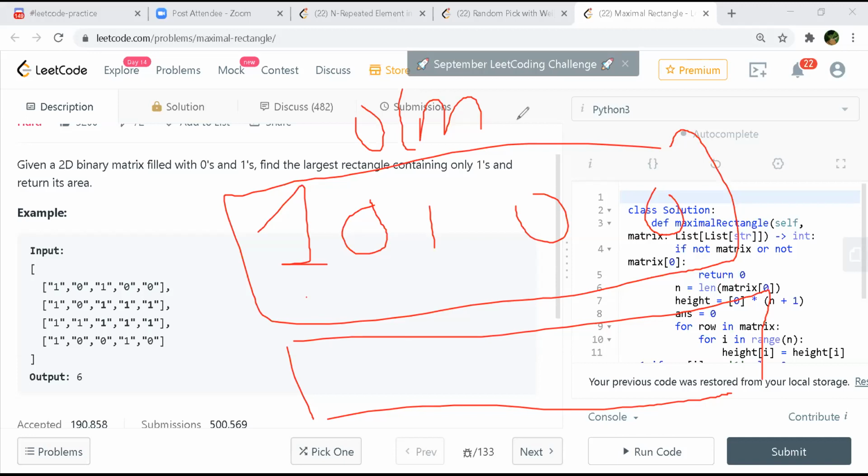Harshit, sorry, can you please elaborate? I couldn't follow what Ronnie and you were discussing. Okay, so Ronnie was asking the complexity of this code, and I was trying to explain how it is O of m into n. For that stack part, we are iterating over the columns. Let's say the number of columns is m.